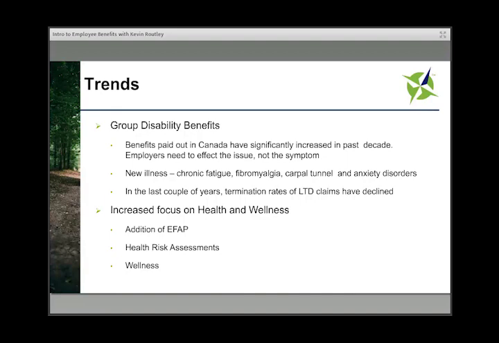And usually it's a reaction from an employer that, oh, my costs are going up 15% because my employees are using the drug. Let's change the co-insurance on the drug. If we lower the co-insurance, the employer will have to pay more out of pocket. Well, that affects the issue, but not the symptom.